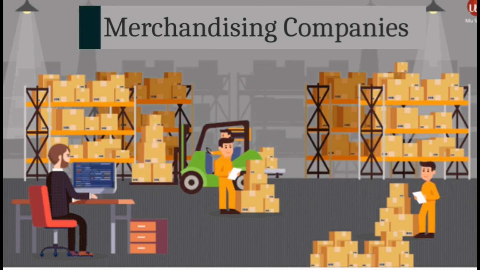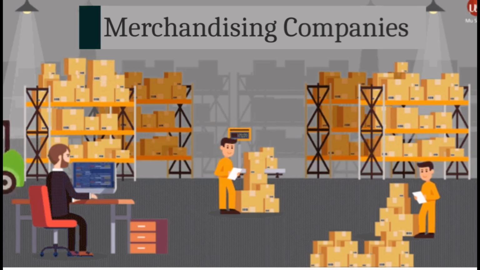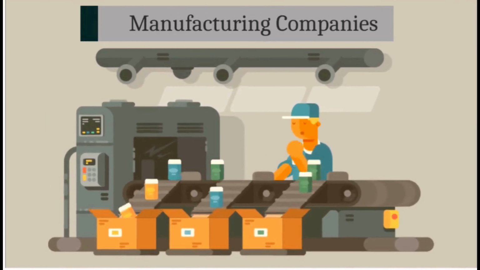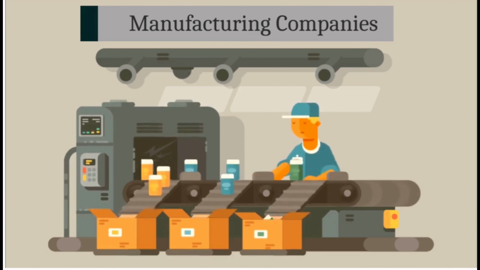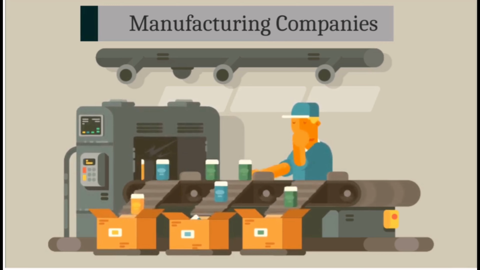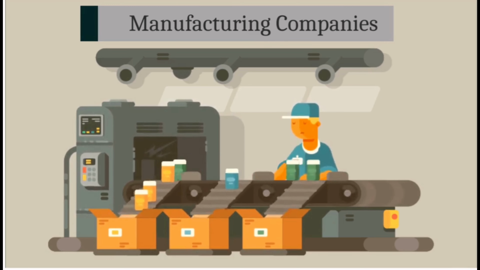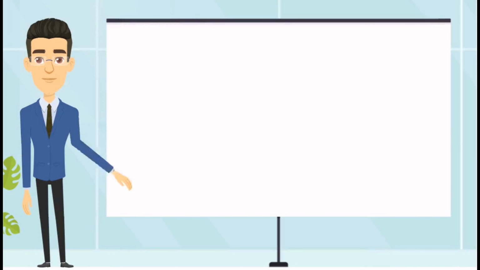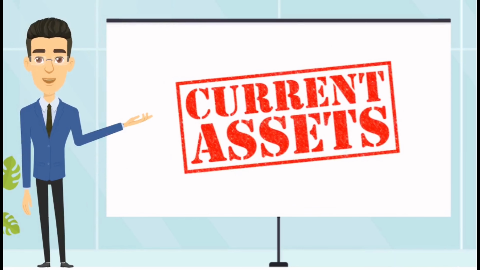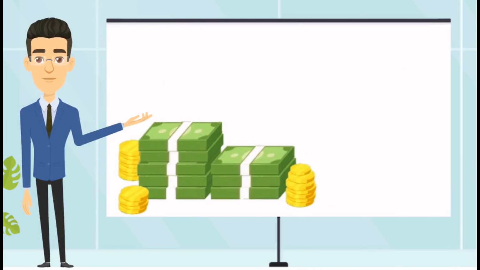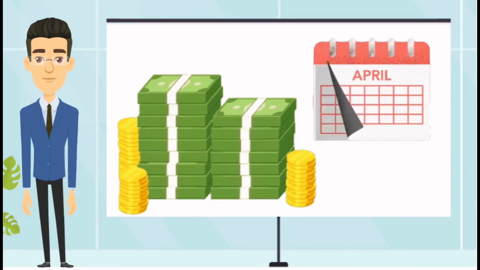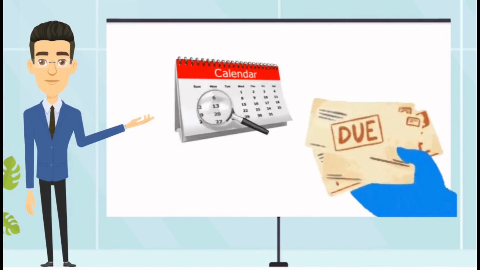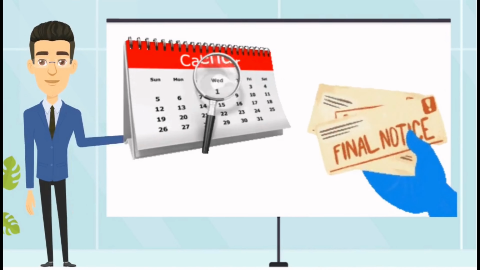available for resale in the normal course of business in case of merchandising companies, whereas goods available as raw materials, work in process, and finished goods form part of inventories in case of manufacturing firms. Also, assets are classified as current if they are expected to realize within 12 months after the reporting period, such as non-trade receivables that are collectible 1 year from the end of the reporting period, regardless of the length of